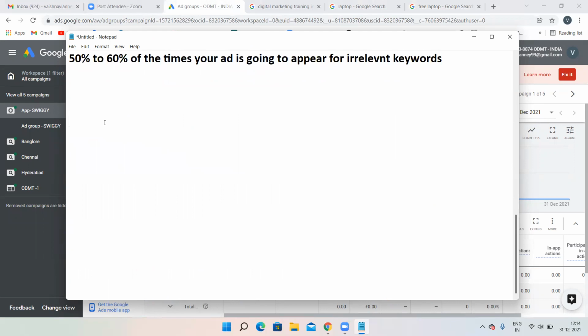So to create a feed, you need to have a Google Merchant Center account. We will create a Google Merchant Center account in the next class.